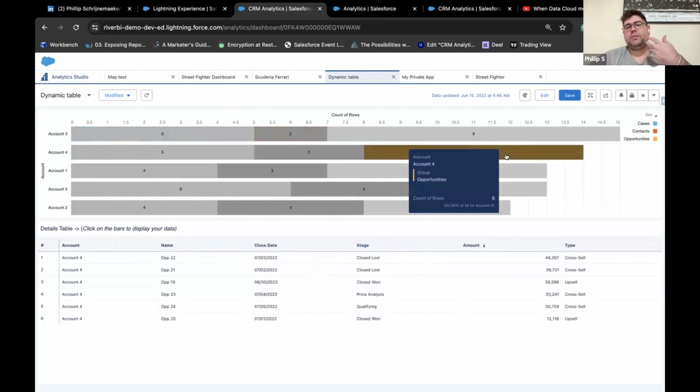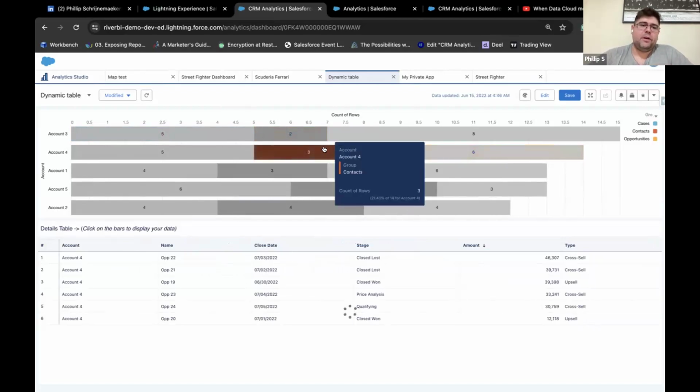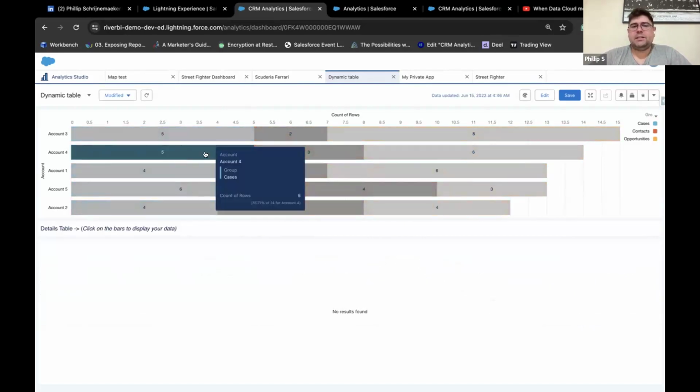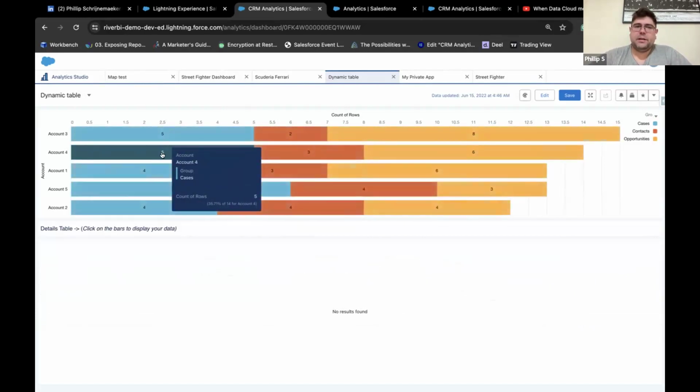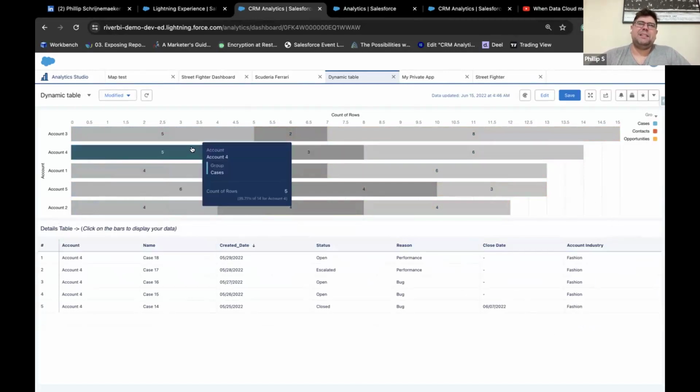So I'm seeing three different objects' data in a single report, dynamically and very fast. This is very, very powerful and useful to get data-driven insights much faster and more accurately. It may not be as real time as the Salesforce standard reports, but it has much more dynamicity and much more